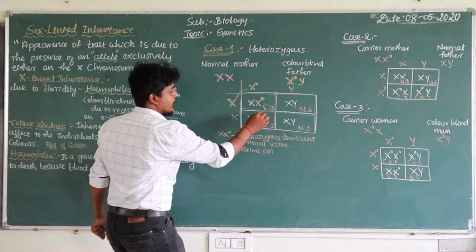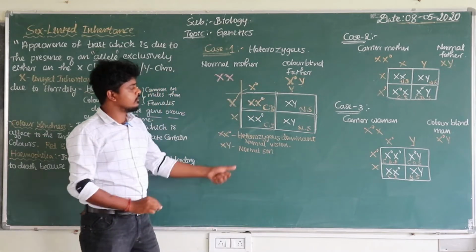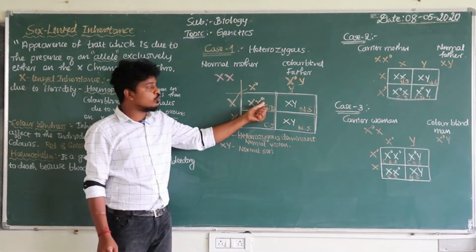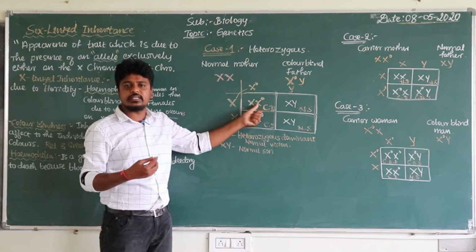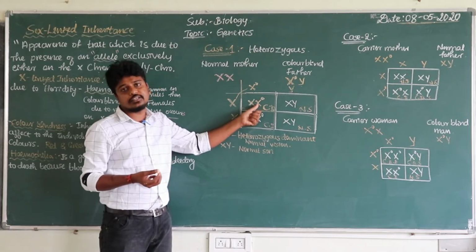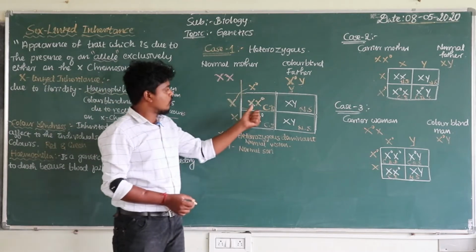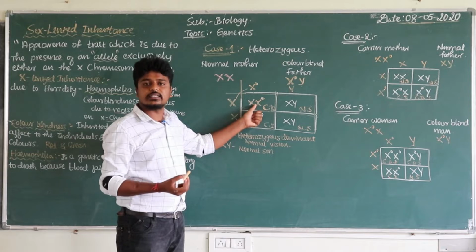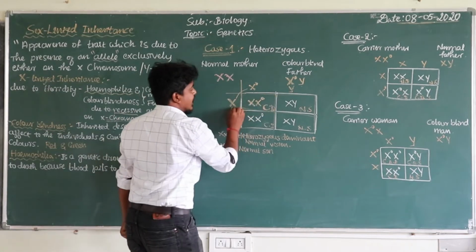So that is why colorblind daughter here. The carrier daughter, colorblind daughter in the sense carrier daughter. So there will be chances of visibility. The daughter can be visible. They can identify the colors easily. So once the age passes, there will be chances of the colorblind also. Understood? And the next one, X and Y,